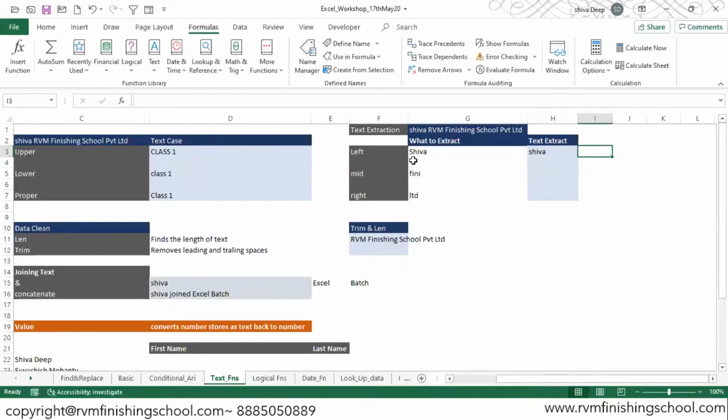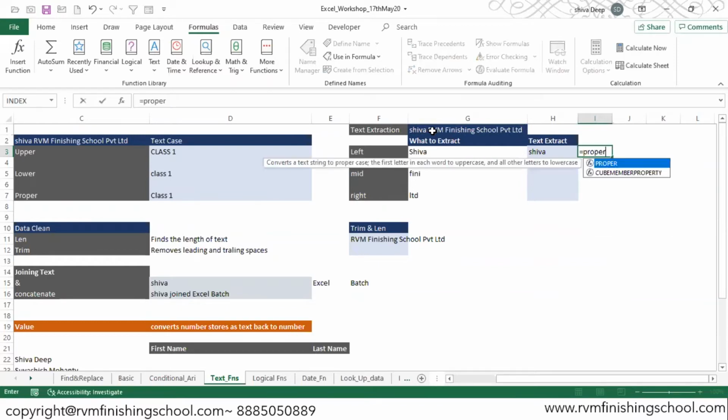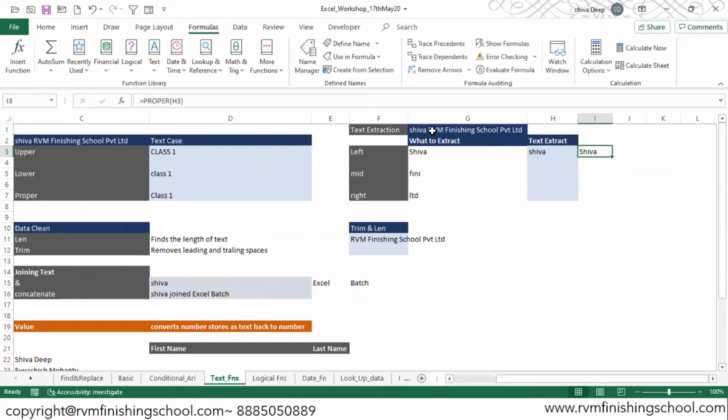So what can make the first letter capital? The function proper. If I put this output into the function proper, the first letter will become capital. So we'll use it like this. We'll say proper, and we'll pick up the text. Let me first show you this proper. This will give me what we need, but we don't want this to come in 2 cells. So let's do it inside 1 cell.